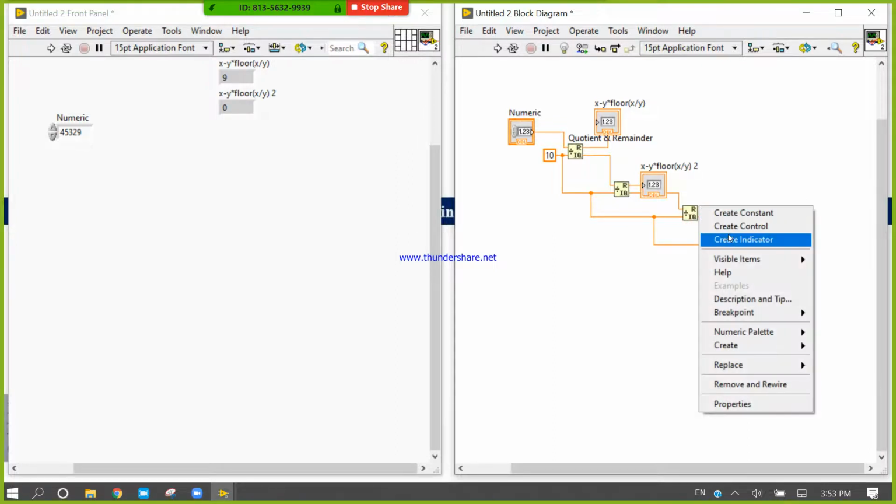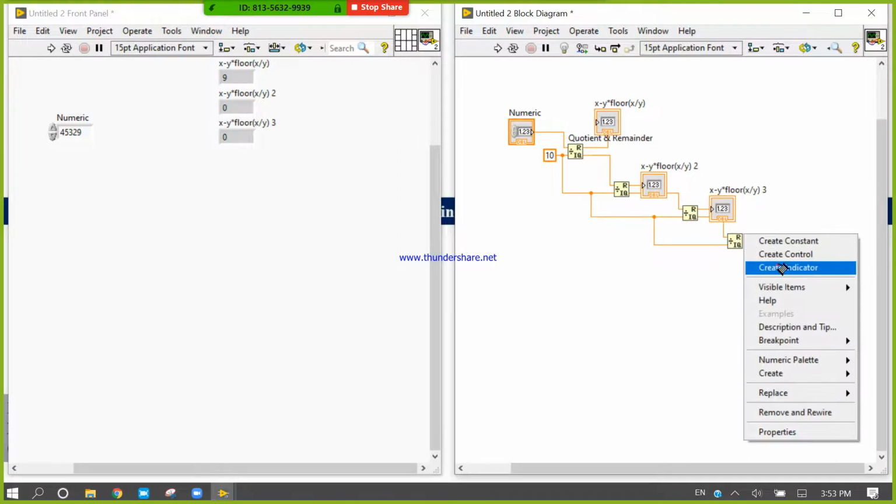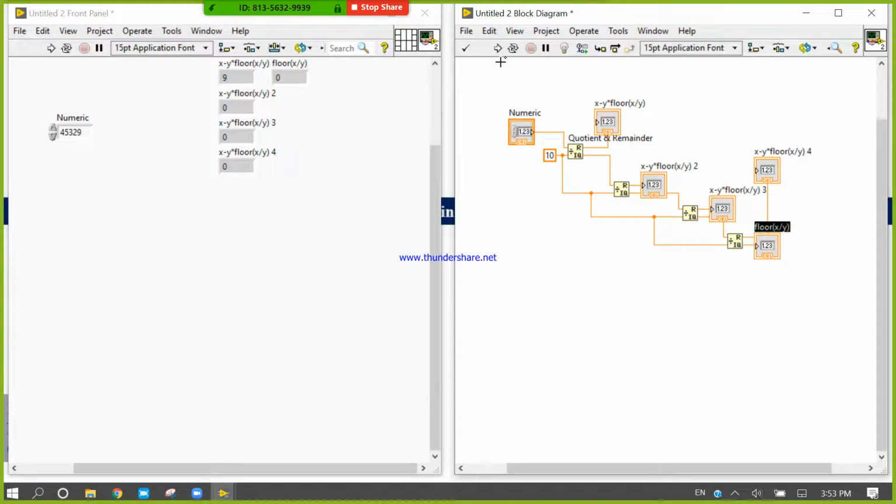Now can I break all those things? If I run 4 5 3 2 9, right? Yes or no? Please tell me yes or no. If yes, then every time I need to write this long code. What happens if I change it? Increase one more value, then I need to write one more code.